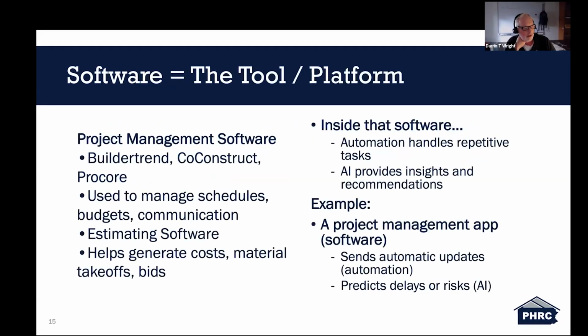Okay, software. Software is the tool that both of these things operate from. AI and automation exist within software platforms. A lot of these platforms we already use in construction, such as project management and estimating tools. These systems become more advanced, helping users manage information more effectively and make better decisions without completely changing existing workflows. A project management system may automatically send updates, which is part of the automation task. If it analyzes data, predicts delays, or identifies risks, this is where AI comes into play.